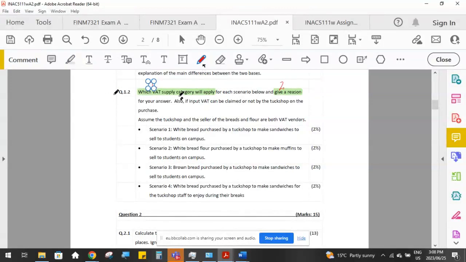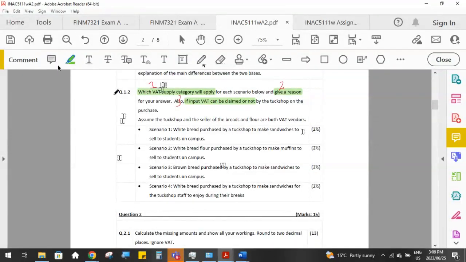And then thirdly, they've got here also, so that's a wobbly 3, can input VAT be claimed or not by the tuck shop on the purchase? So you had to give all 3 parts of that answer in order to get the full 2.5 marks for each of these scenarios. So prior to you having to hand in your assignment, I did post in your announcements